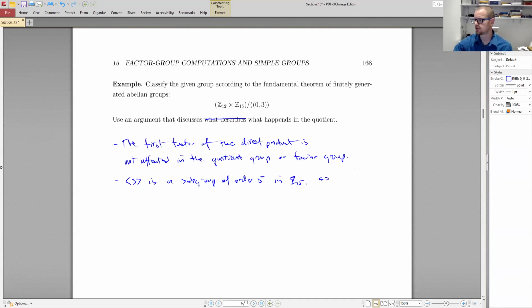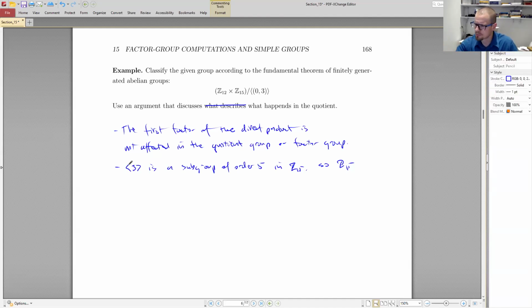So Z15, when we take this idea, right, we're taking more than just numbers. 15 divided by 5 is 3. We're taking these groups, these things, these objects, and we are collapsing them on themselves. So rather than just taking a number and dividing it by something else, we want to recognize that we're taking a pizza and we're cutting it into 8 slices, and we're saying all these slices are the same. So we have, right, one version of it, or whatever the case may be. So with the subgroup of order 5, Z15 is collapsed